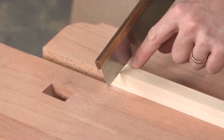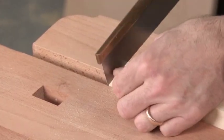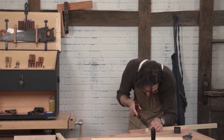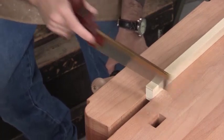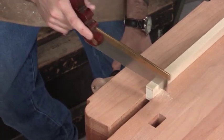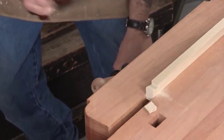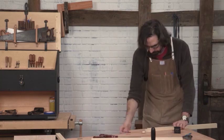I'm going to nibble back so I get a perfectly 90-degree trough, and then I'm going to plunge straight down. So nibble and blow, nibble and blow. It's probably going to be on my tombstone, nibble and blow. Nice, long, even strokes. This is a real visible part of the joint. And as you can see, creates a nice little